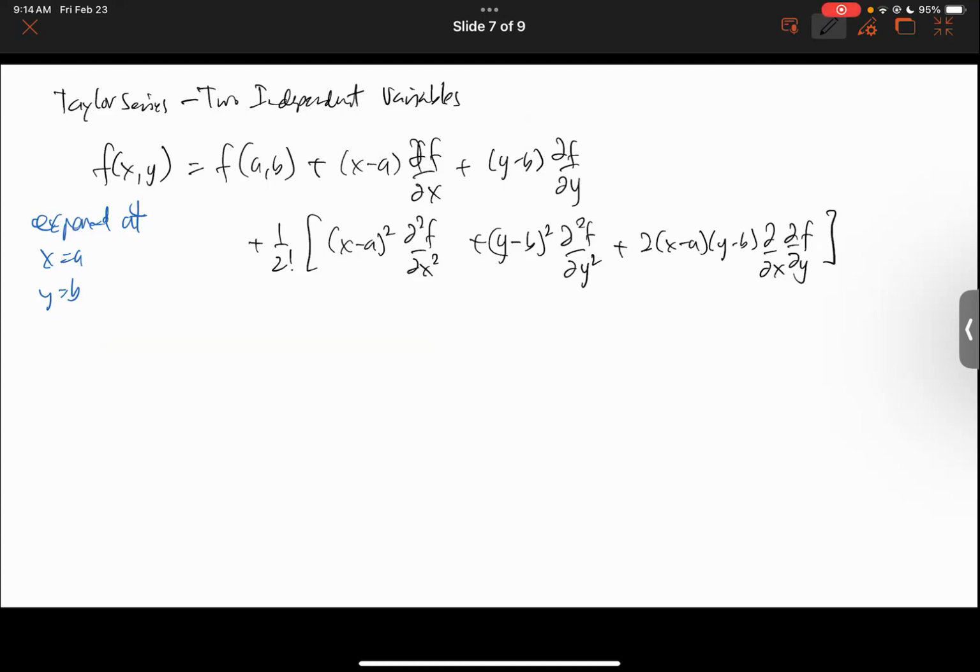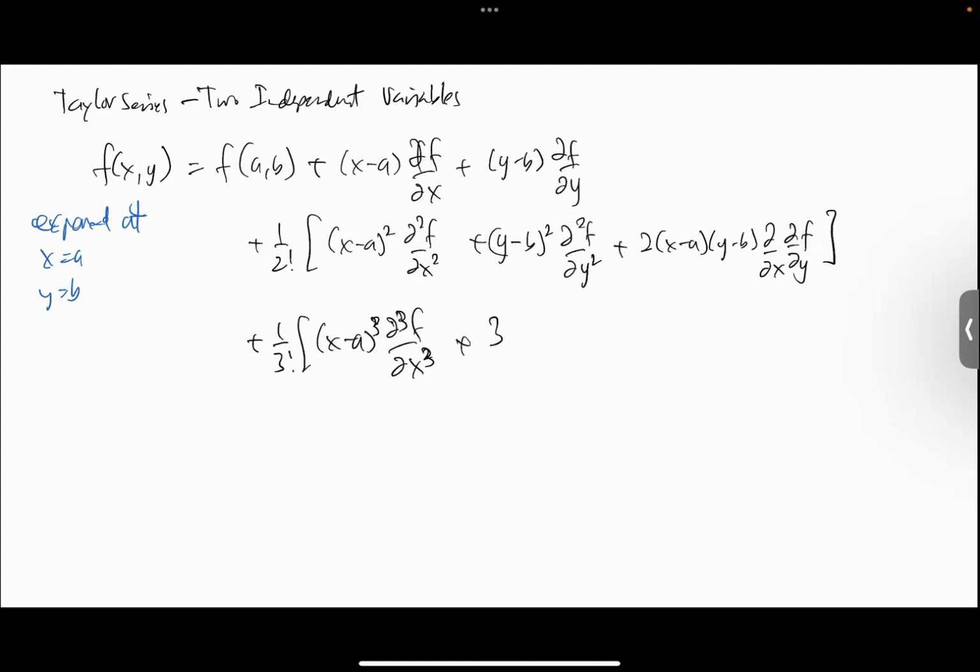Okay? Okay, and then for the third derivative, we have 1 over 3 factorial as the coefficient. Of course, you have (x − a)³ times the third partial derivative with respect to x of f. Okay, plus 3